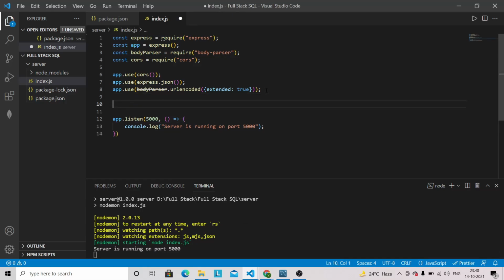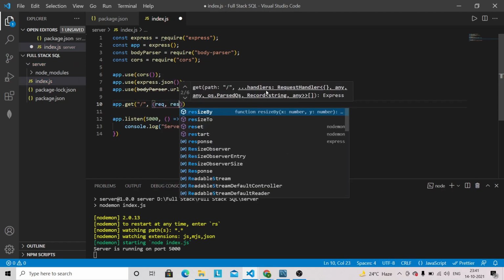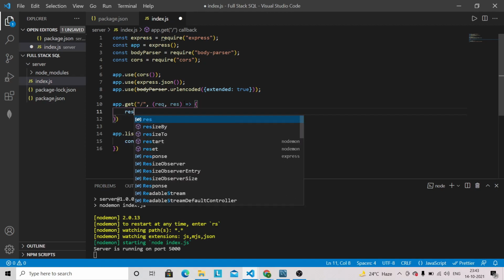So let's define this route. What we can do here is app.get, and we define this route with request and response. Then we can just send a response like hello world.